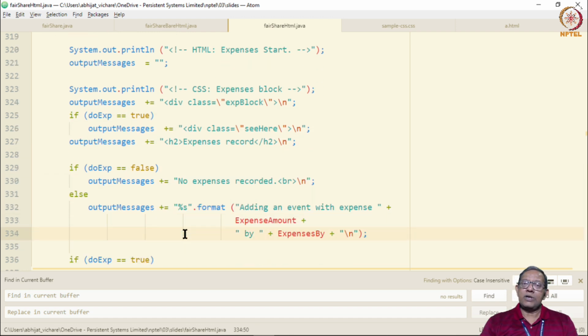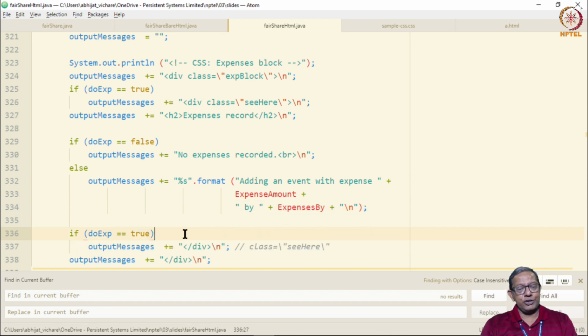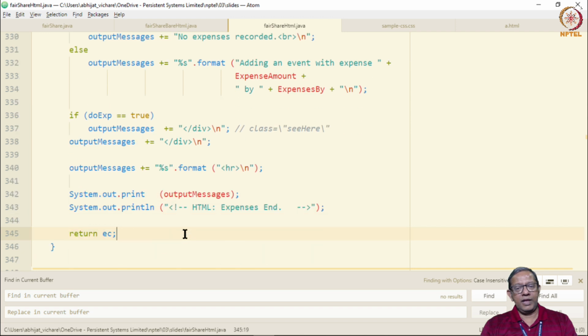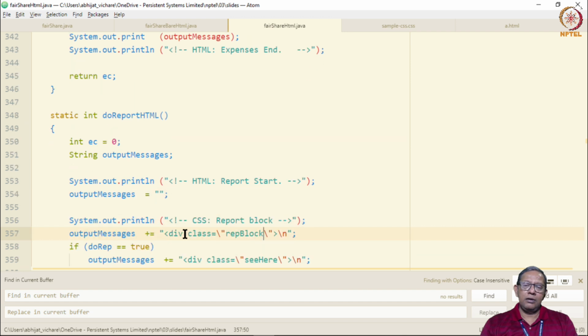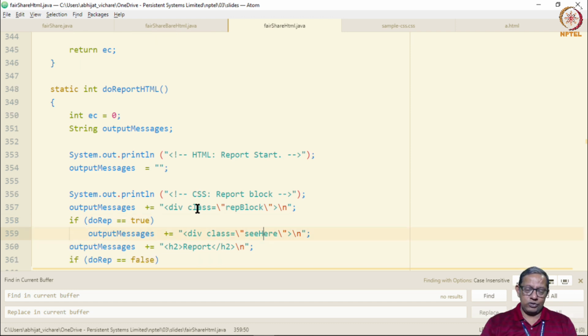We output the usual expenses HTML as was done in the bare HTML version, and this function ends. A similar functionality, but this time we will name the block a report block. A similar functionality for the reporting part of the HTML page will be used here.